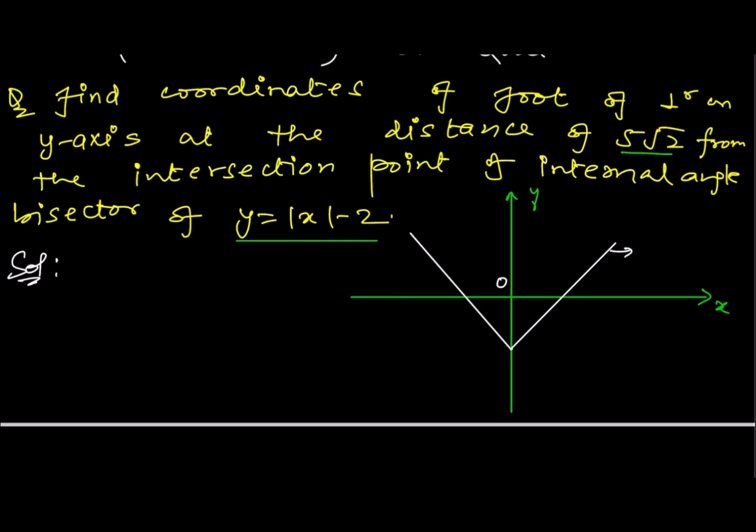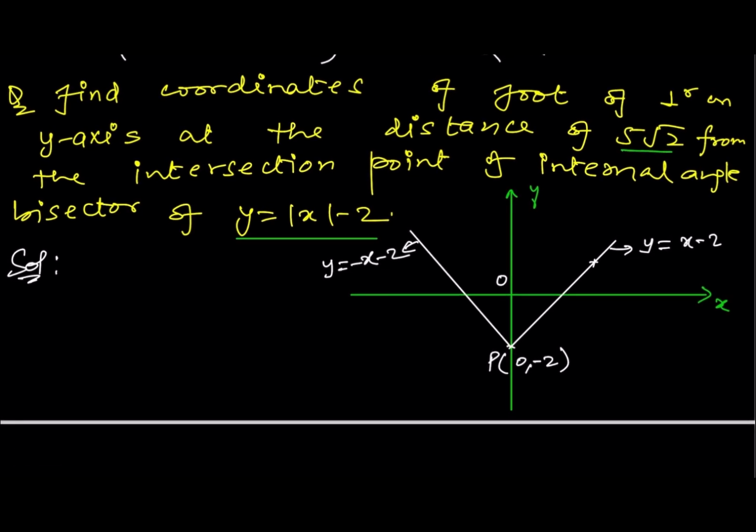So I can write the equation for this particular line, y is equal to x minus 2, and equation for this line, y is equal to minus x minus 2, right? And say this point is P, which is 0 comma minus 2, and from this P on y is equal to x minus 2 or on y is equal to minus x minus 2,